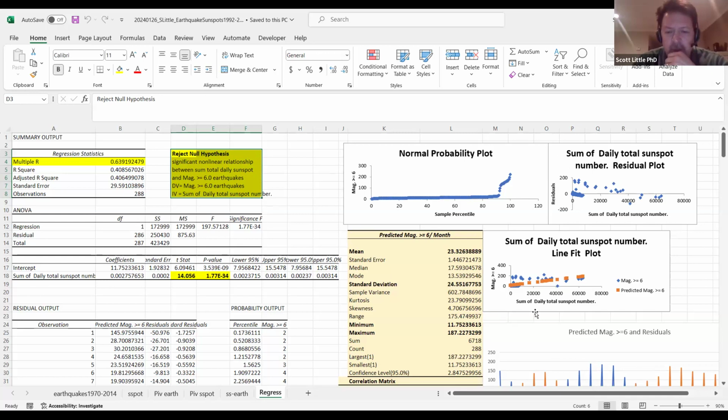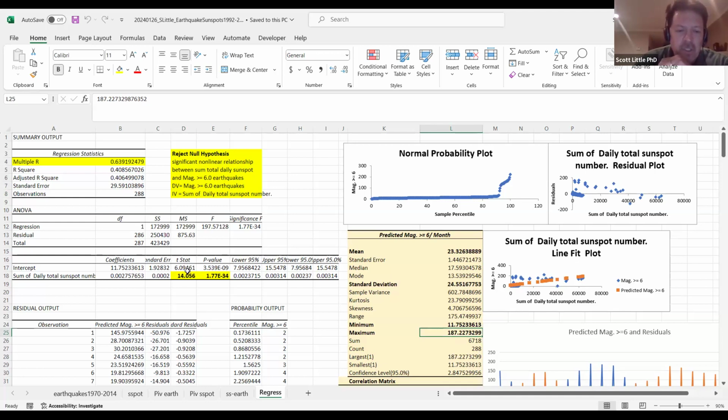And if we look over here on the right, again, I've got the predicted based off of those values. It looks like predicted of greater magnitude 6 per month, it's about 23 is the average. And then we had a couple of outliers that made it more nonlinear, a couple of really big outliers that were over like 100. But if we look at the plot right next to it, this orange line, that's if it was perfectly linear and it was a one-to-one relationship, that as one increased, the other one increased. That's what it would look like.